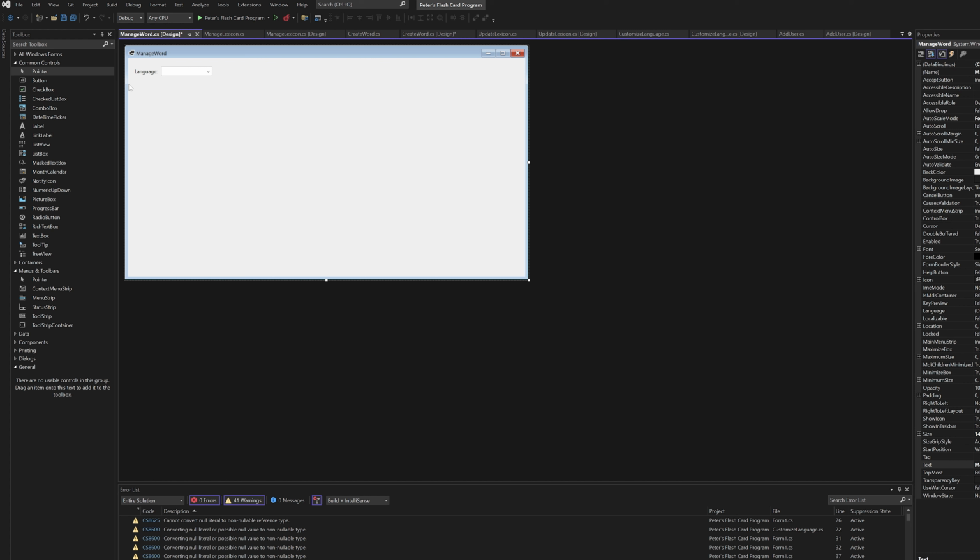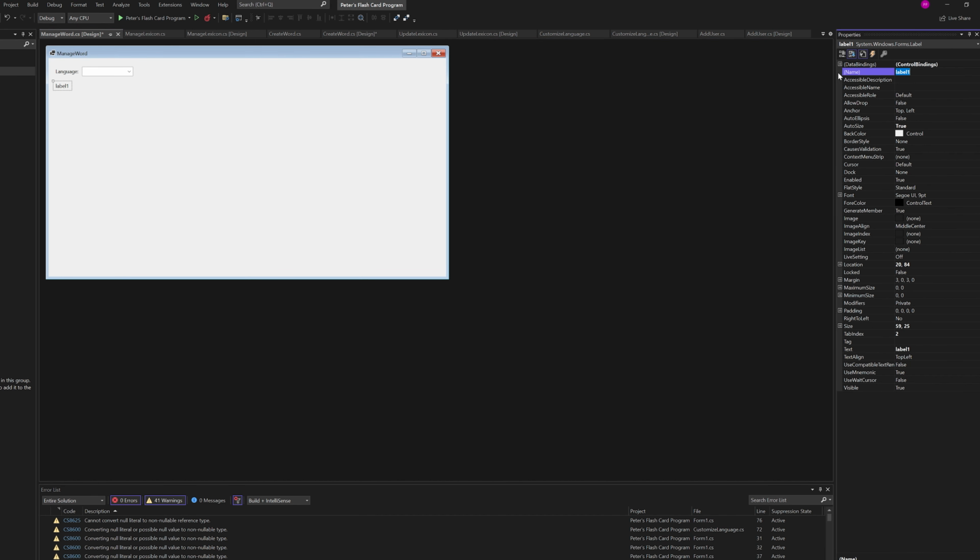So after we've got that in place, let's go ahead and grab another label, because what's going to be right below this, we'll line that up, is going to be another label. And this label is going to be informing us that we can type in the word or phrase, because this isn't limited just to a word by word flashcard. You can put in phrases, sentences. You can put paragraphs in if you wanted to. That might be a little bit extreme, but you can do that if you want. So the text on here is just going to say